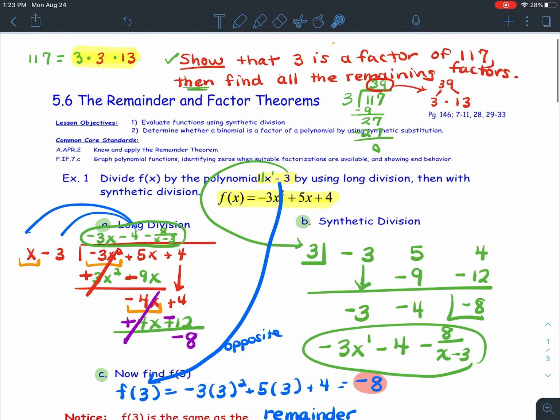Okay, in the last problem, I believe I did that one for you there. Okay, your assignment